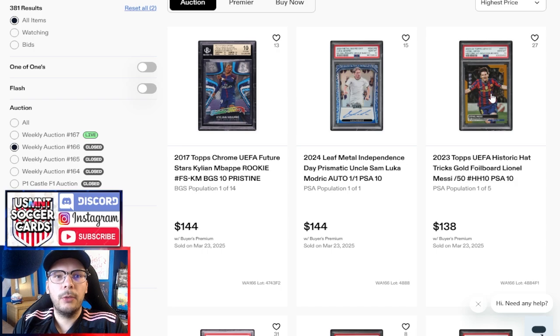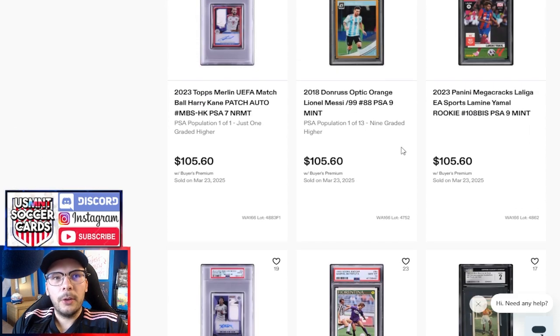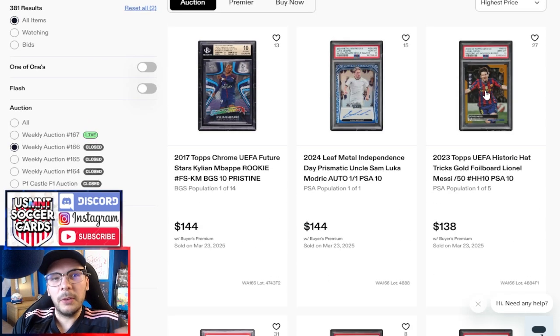And then finally in this row, I thought that this was another card that sort of showed, at least in my opinion, that the 2018 Optic was pretty cheap. I mean, a 2023 Topps Historic Hat-Trick Gold Foil Board Messi for $30 more than this. Now, granted, this is a 9, this is a 10,